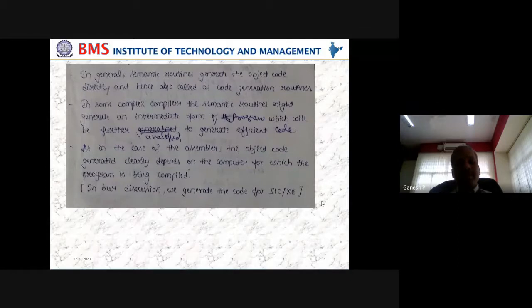Since every programming language in a high level form needs to be converted into its machine language, and that machine language might be in terms of assembly language or whatever programming language we have at that level, that needs to be considered. So every routine which is semantic in nature in the translation of code into object code is architecture dependent, like what we have seen in our assemblers. That means the designer of a compiler should be more proficient in the internal structure or organization of the architecture under consideration.